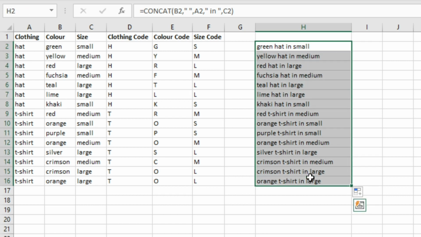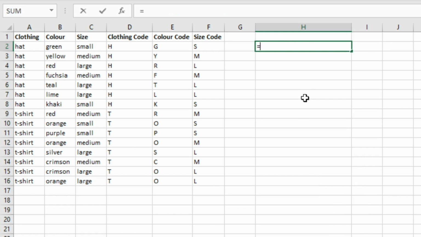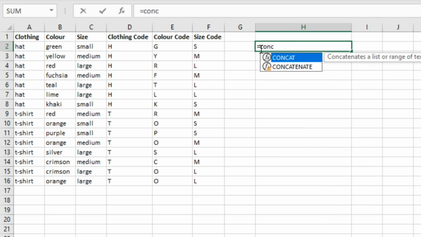The other use of the CONCAT function, and what you will notice is that when I type equals conc, you get the option of concat or concatenate. Now concatenate is actually a legacy function. It's still in Excel, but concat is the one you want to be using, and the reason is that it allows you to select a range of cells, to just highlight a range of cells and for them to be combined, and I'll show you what I mean by that now. This is something you can do using the concat function, but you can't do this with the concatenate function. So tab,